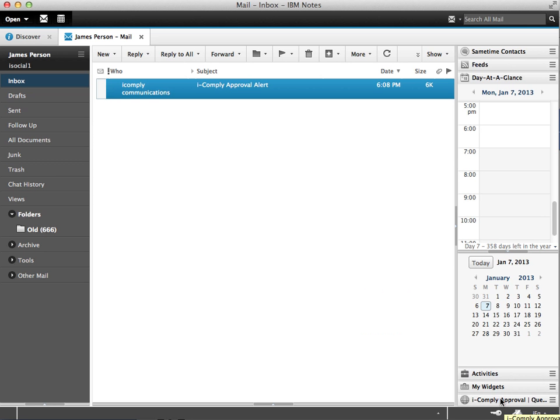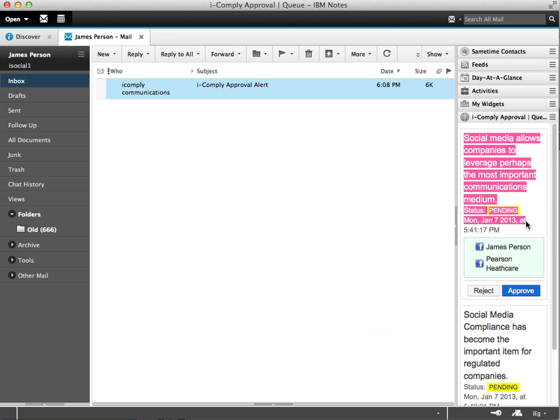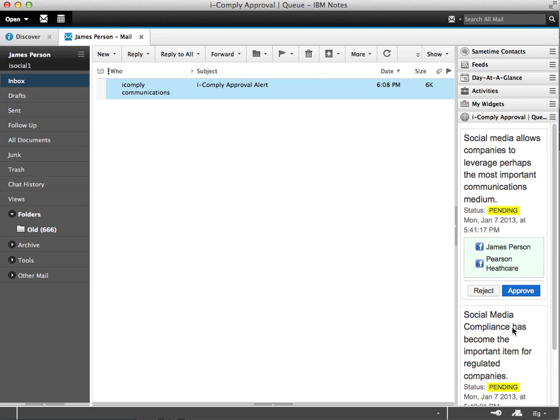Okay, so before I finish the live demo, I'll show you one more really cool embedded experience in Notes. So I'm back to Notes Mail here, and I have a sidebar widget, and you can see that the approval capability also exists here in the sidebar widget. So all the posts that come through the compliance engine and that are waiting for my approval not only get emailed as we saw before, but they show here in the queue